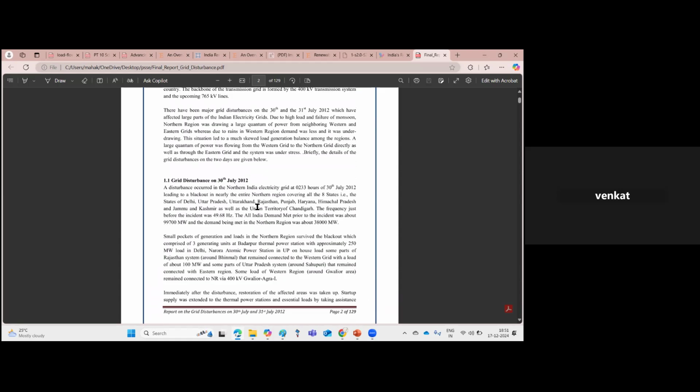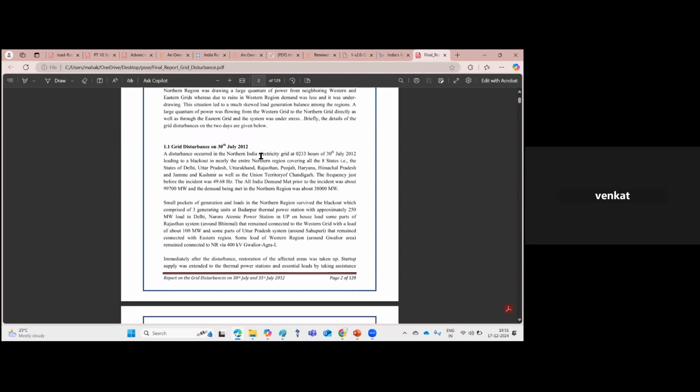On the first day, the disturbance occurred in the North India electric grid at 2.33 hours on 30th July, leading to a blackout in nearly the entire northern region covering 8 states: Delhi, Uttar Pradesh, Uttarakhand, Rajasthan, Punjab, Haryana. This incident happened because the frequency before the incident was 49.68 hertz, which is reduced. So why this reduction in frequency? Because there was